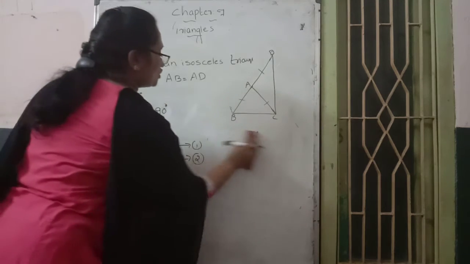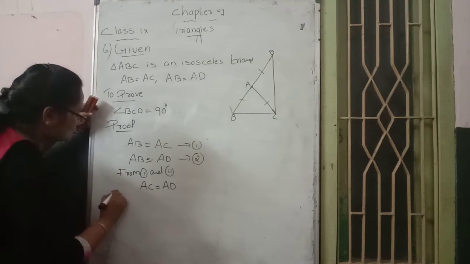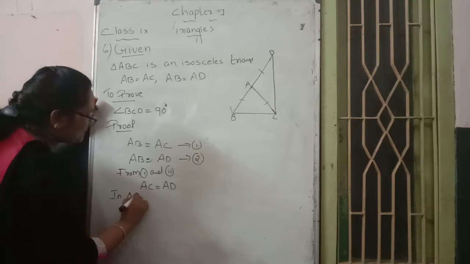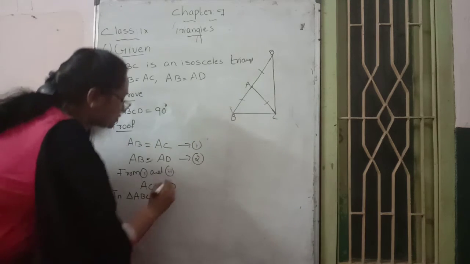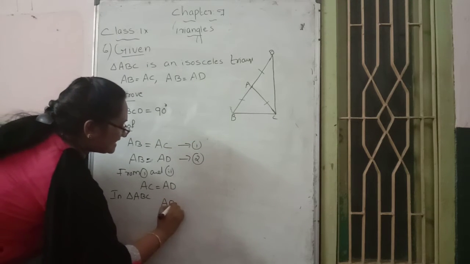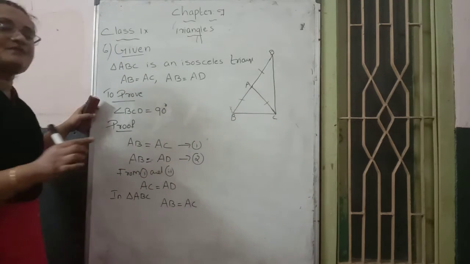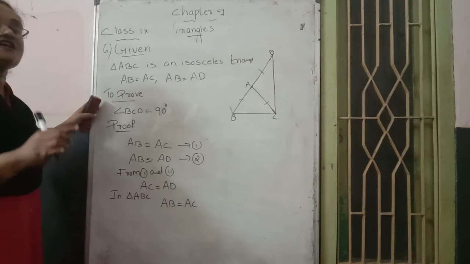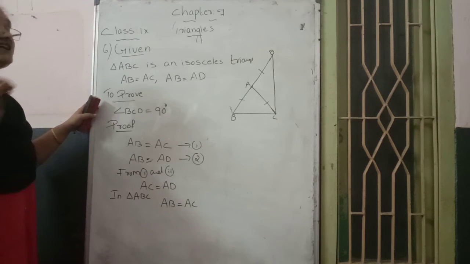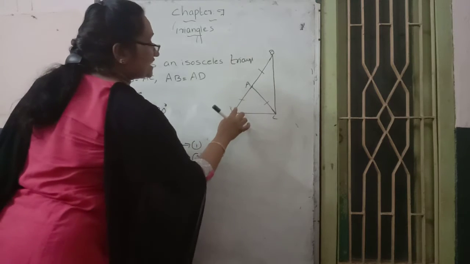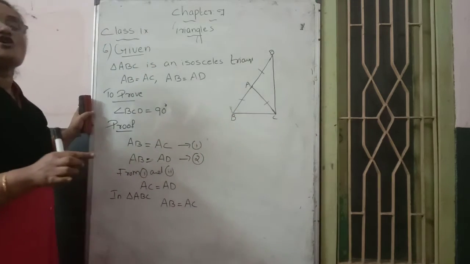Then next we go through the small triangle, the first triangle, ABC. It is an isosceles triangle. Which sides are equal? AB side and AC side are equal. In the first triangle, AB and AC sides are equal. Then what can we say? Equal sides, opposite angles become equal. So which are the opposite angles of AB and AC? B angle and C angle are the opposite angles.